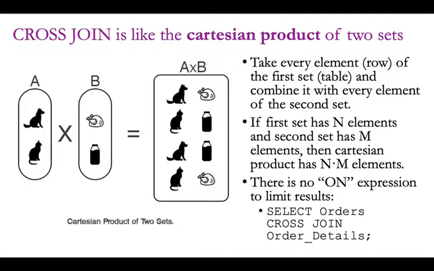It's not terribly common because, as you can see, it creates a lot of output. You go from n and m elements to n times m elements, which could be really inefficient. But for certain kinds of queries, it's actually exactly what you want to do. Yeah. So this goes in the select,